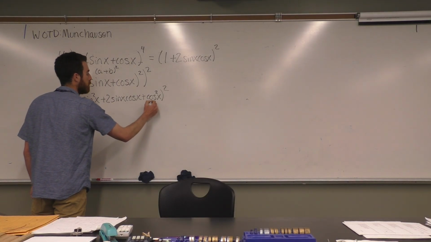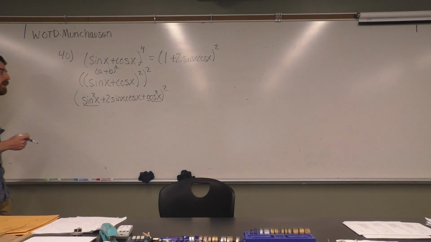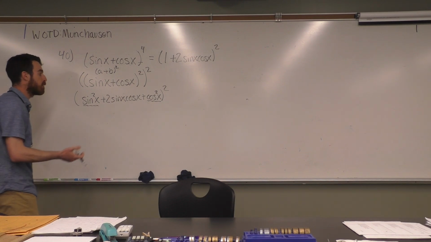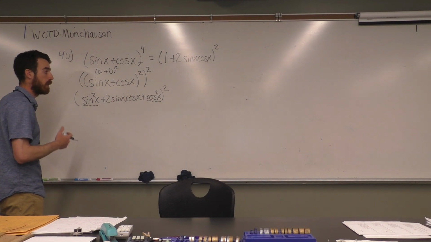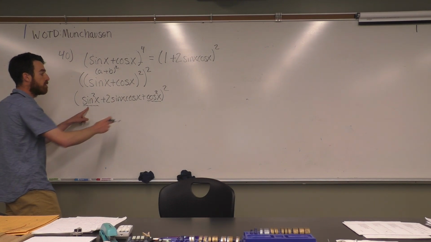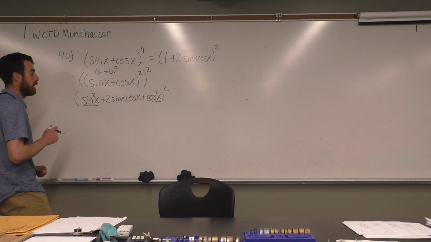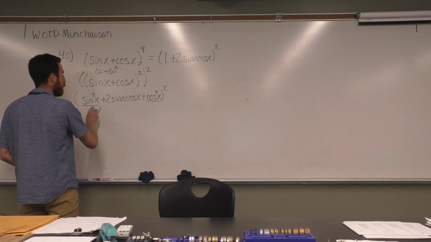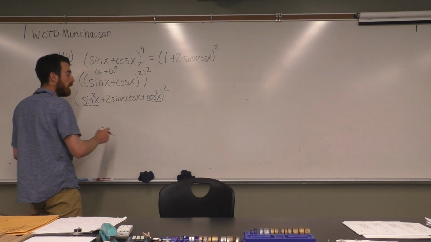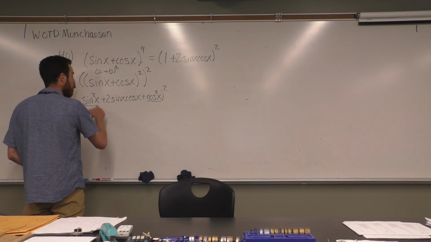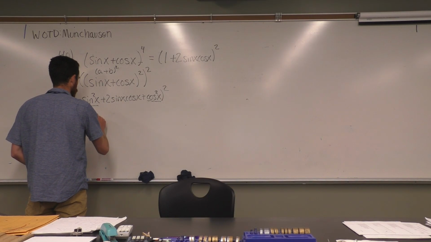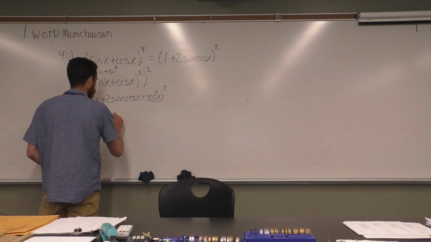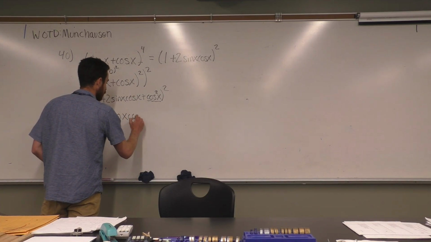This is a nice time to see that if I recognize an identity, it does not need to be written in exactly the same way. There could be something else in the expression. And especially because of the commutative property, meaning I can change the order of addition, these two things may as well be next to each other, or they could be next to each other. So sine squared of x plus cosine squared of x is equal to 1. So if I remove them from the expression and replace them with a 1 and change nothing else in the expression,